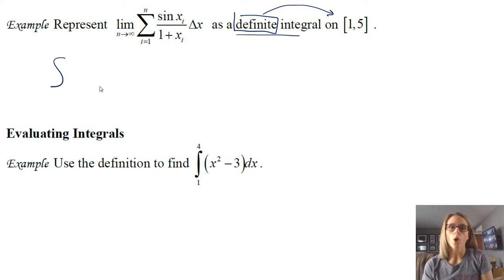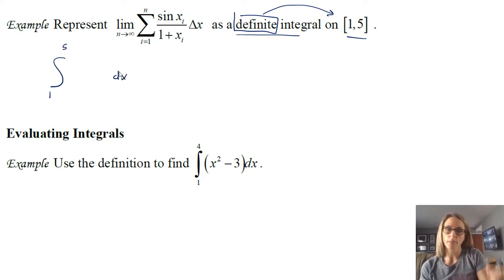Okay. So all we have to do is think about our limits of integration, and that's from 1 to 5. So nothing too exciting there. We're always going to have the dx talking about the independent variable that we're dealing with. I mean, sometimes you might have dt or, I don't know, typically it's dx and dt is what we see, but arguably you can have anything, depending on what variable you have inside. And then the inside of this is just going to be this piece written with the variable x. So the idea of sine x over 1 plus x.